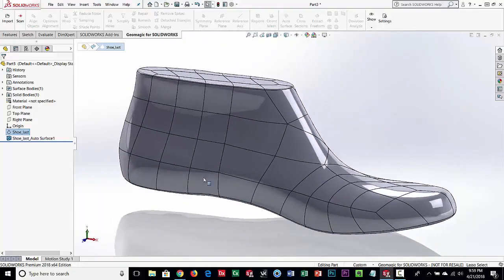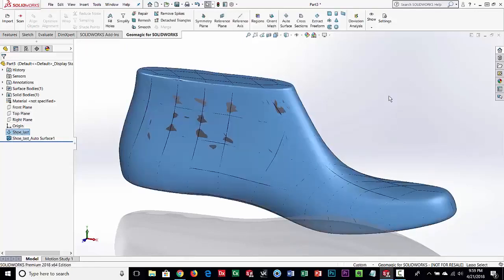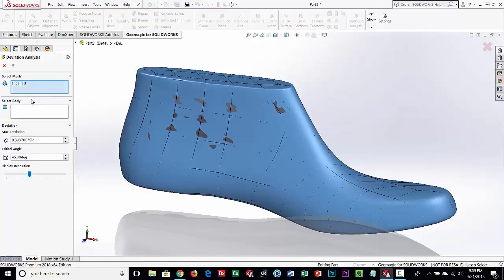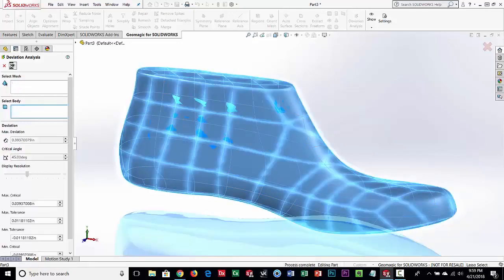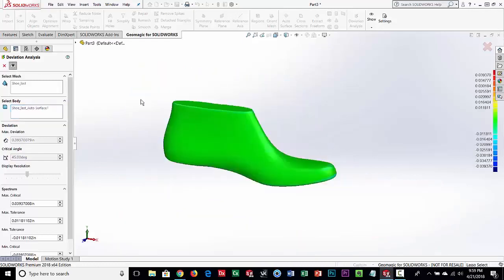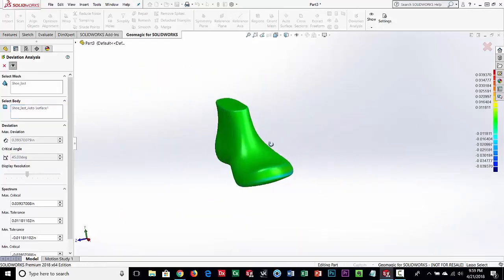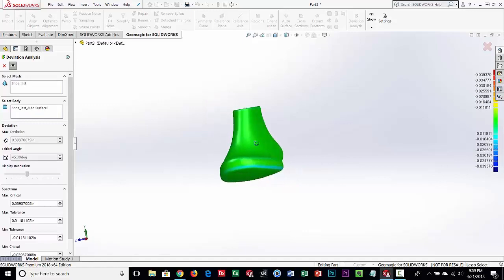Now, what we're going to do is bring our scan data back, and one of the things we can do in this Geomagic product is what's called an accuracy analyzer. What I want to do is compare my scan data to that solid body we just built and see how accurate it is, okay? And it's going to give us this color-coded map. If you look over here to the right, you can see the green is plus or minus 11 thousandths. And if you were undersized, you'd see blue, and oversized red.